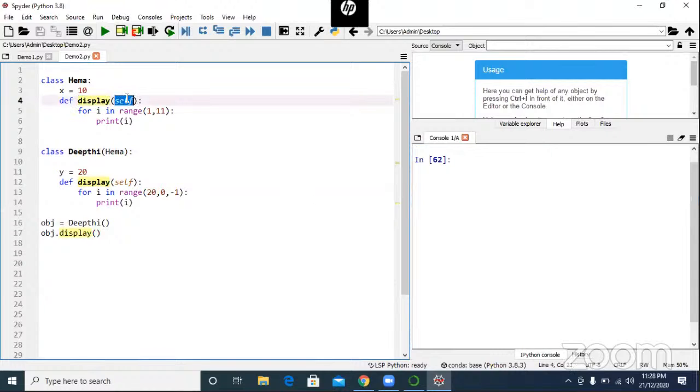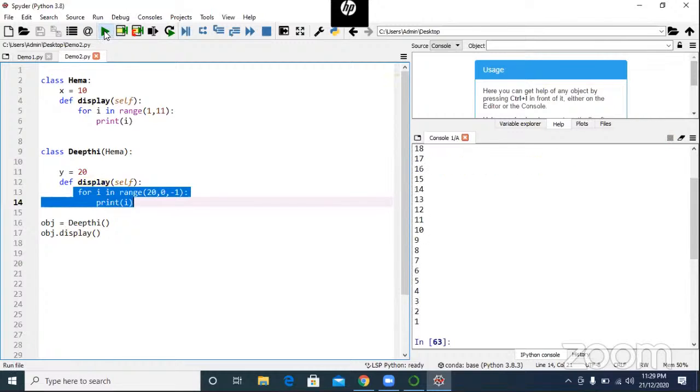Here only the self argument, and here also only self. The arguments are same, the method names are same, but the body is different. That's why the subclass method display overrides the superclass method display. So this will print only 20 to 1.